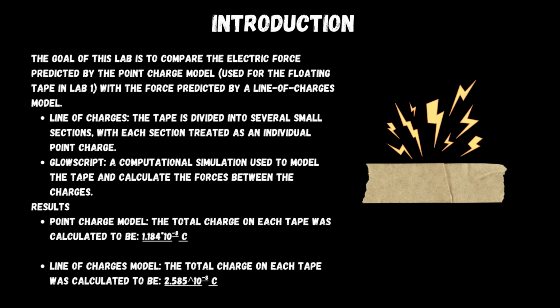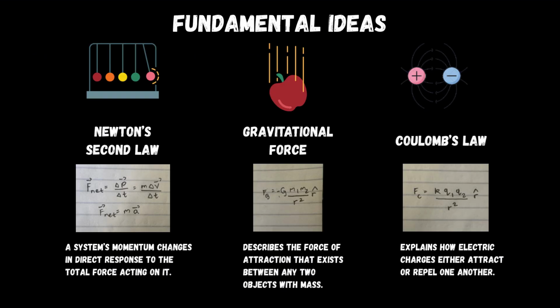And the results? The point charge model from the last lab indicated a total charge of 1.184 times 10 to the negative 8 coulombs, while the lines of charges model yielded a result of 2.585 times 10 to the negative 8 coulombs. Some of the fundamental ideas that we utilized in this lab were Newton's second law, which is